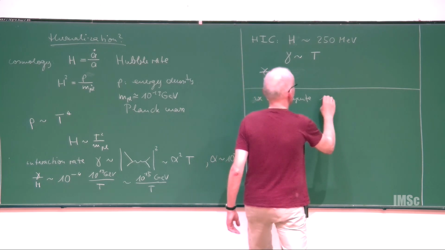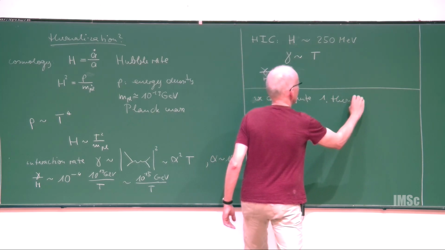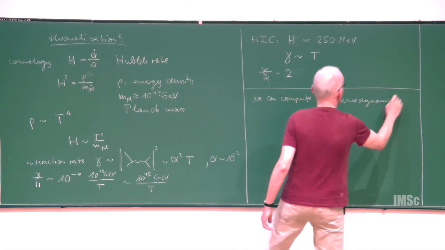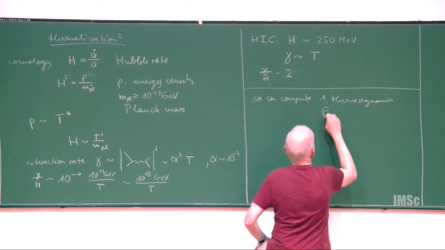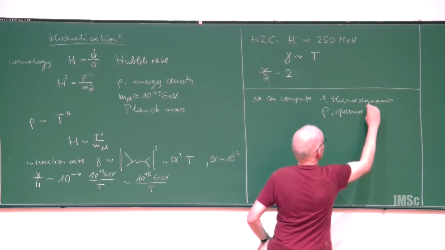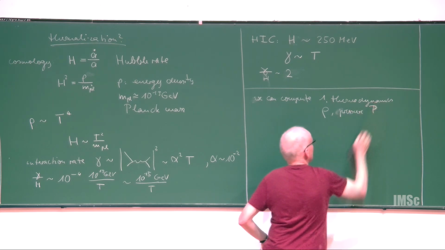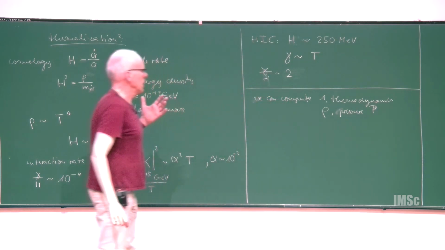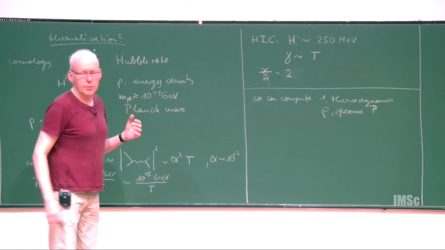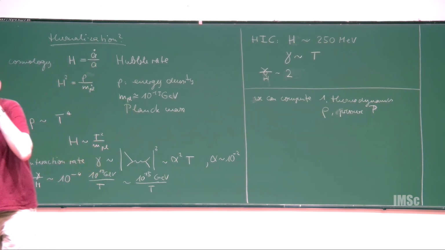So first of all, the thermodynamics, of course, like the energy density rho or pressure P. And also one thing which is interesting for cosmology, also heavy ion collisions, is to see whether there could be phase transitions. And phase transitions are something very interesting because if you have a first order phase transition, like